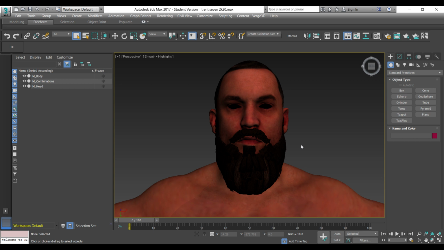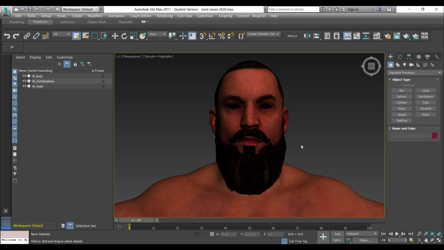X-Ray. You could use this method for importing characters from 2K20, and the process is much faster than any of the other methods I've described before. You can also use this process for importing older game meshes as well. For the purpose of this tutorial, I'm going to be importing Trend 7 from 2K20, and I'm going to be